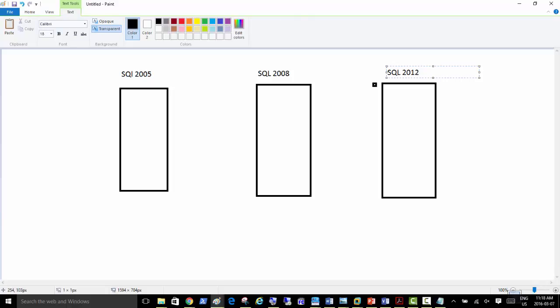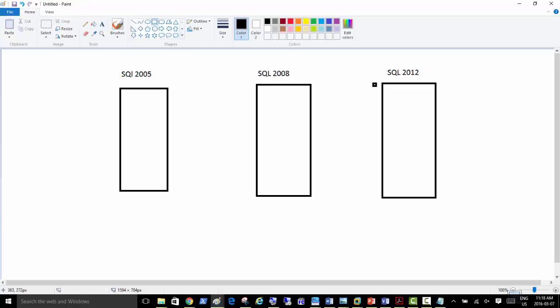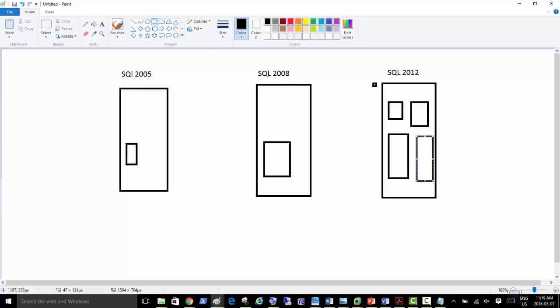So there are several databases in 2005 and several in 2008 that are working. So now you have just introduced 2012, and ultimately you plan to actually migrate the whole thing to 2012 and get rid of SQL 2005 and 2008.